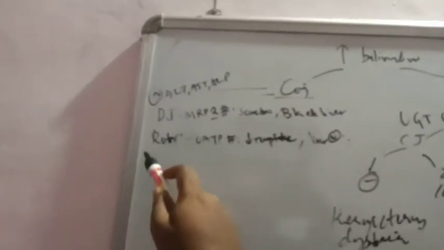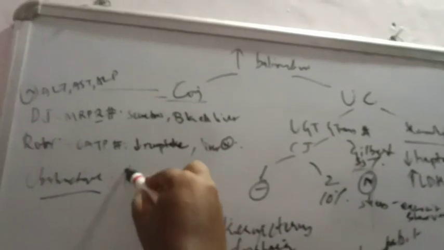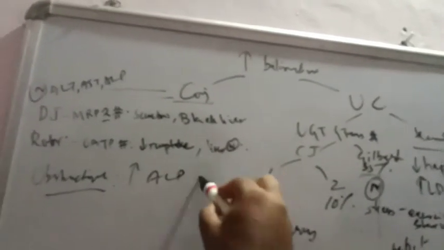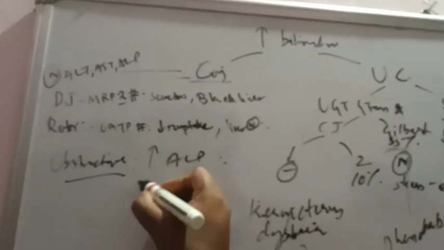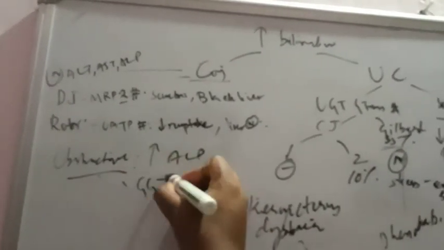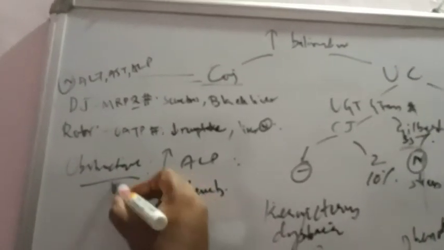Okay, this is one type of conjugated hyperbilirubinemia. The other example of conjugated is obstructive jaundice, which is surgical. How will you know it is obstructive? There will be increased ALP levels. Now I'll tell you one extra thing, it will most probably not come. In these obstructive cases, usually you will do GGT levels, gamma glutamyl transferase. Normally it should increase in a liver disease, but if it comes out to be normal, then suspect Paget disease.